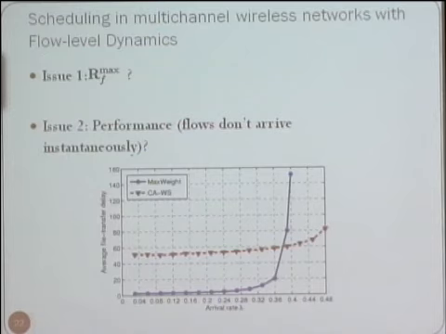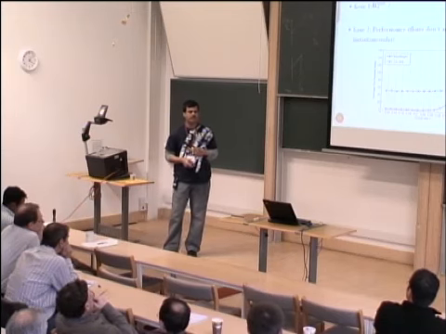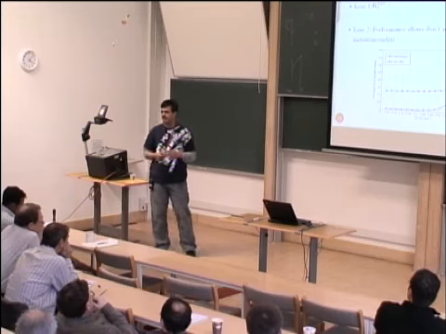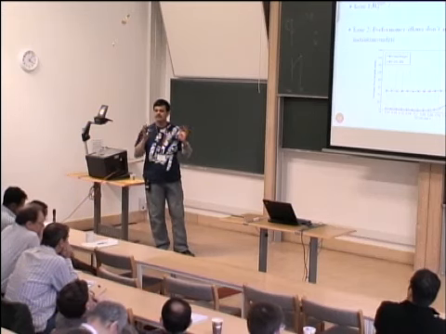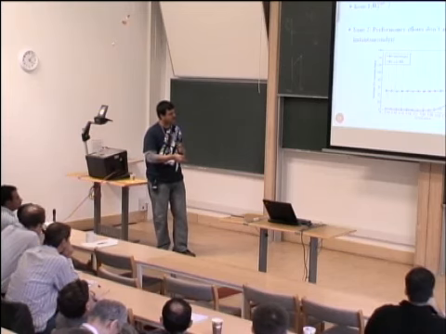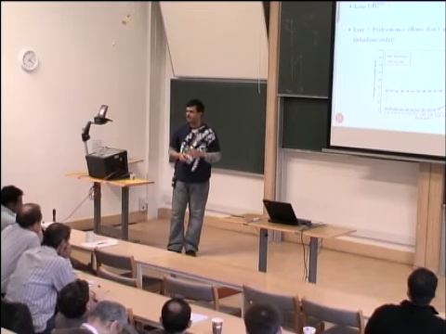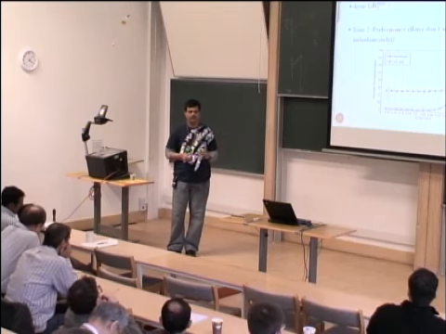And the question is, is there a way to amalgamate these two and actually get a curve that is as good as the max weight algorithm at light loads and becomes better. Of course, this is an exaggerated example. This difference depends on the traffic mix that you have. Depending on the time scales of interest, over very long periods you could have very short files, in which case this algorithm will always be better. But I just wanted to illustrate a point here by showing where it could go wrong.